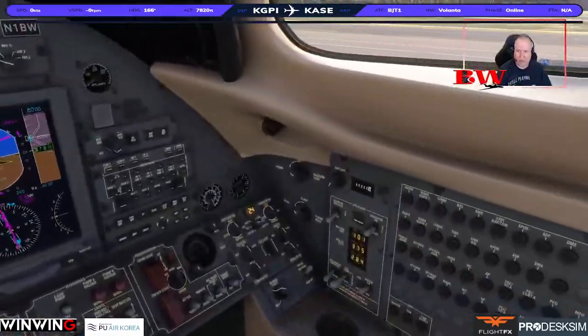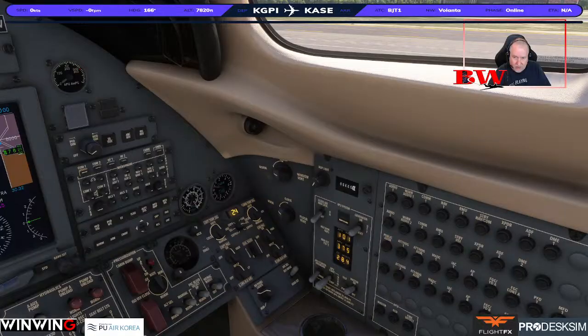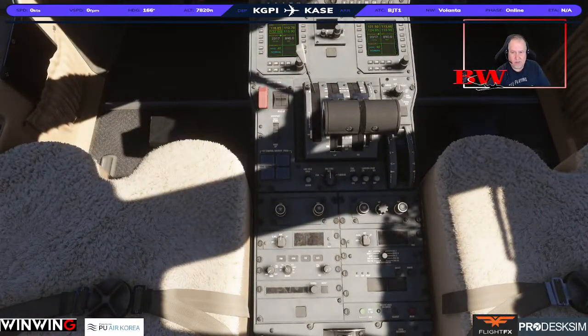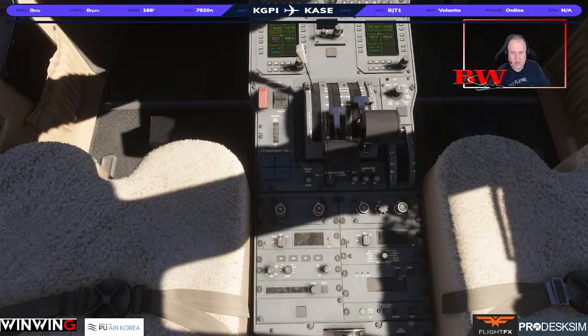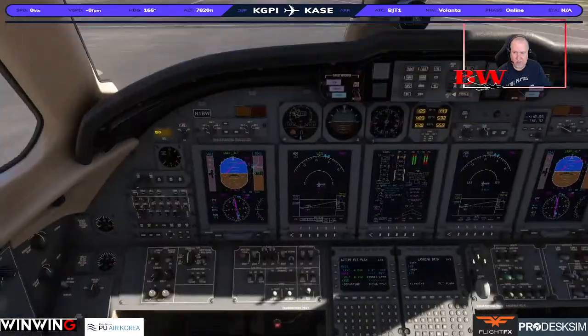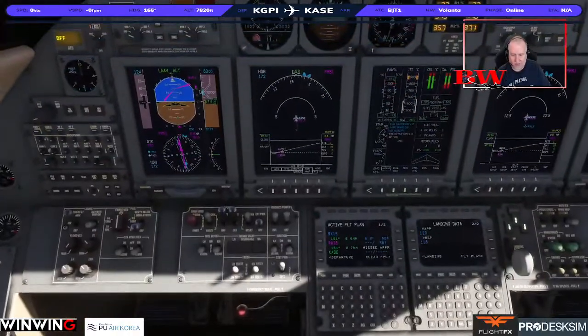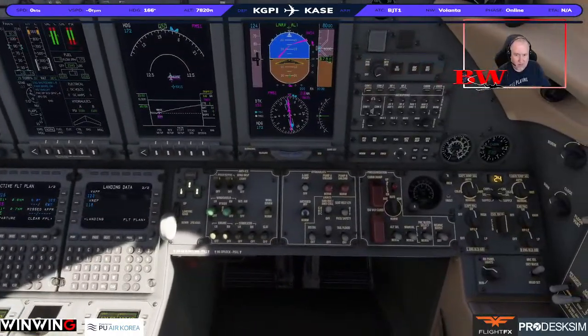Alright, we'll come over here to the APU. We'll go ahead and put on the bleeds. Generator can come on. As we do that, we can go ahead and cut the ignitions. Oh, no, we don't want to do that. Down, down. With that being said, we can come over to, what is it, 4? No, 7 is the lucky number. We'll turn off our